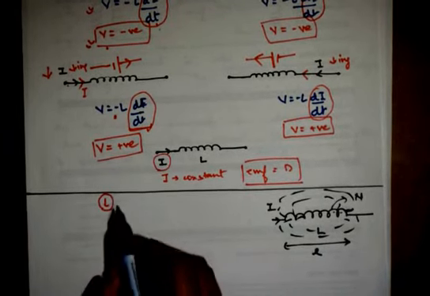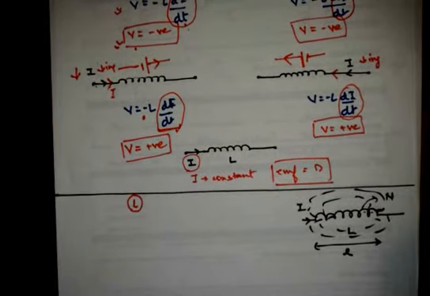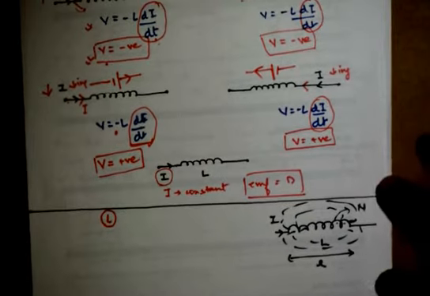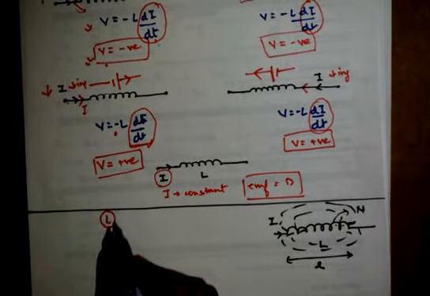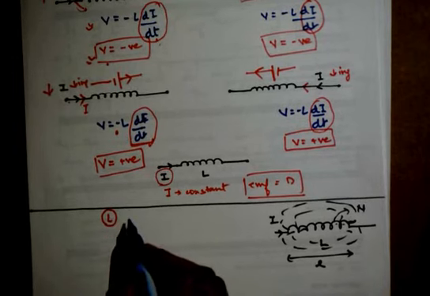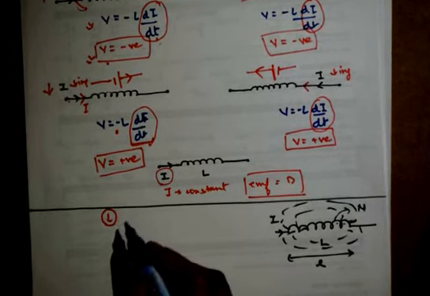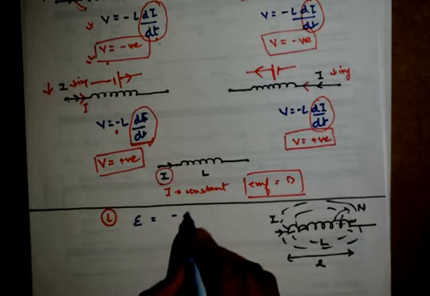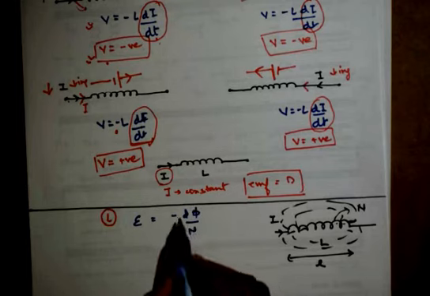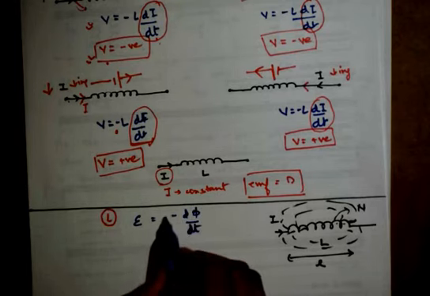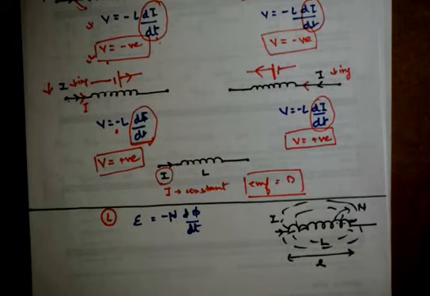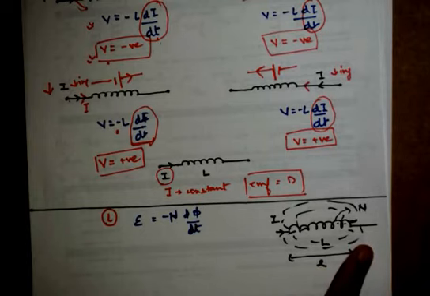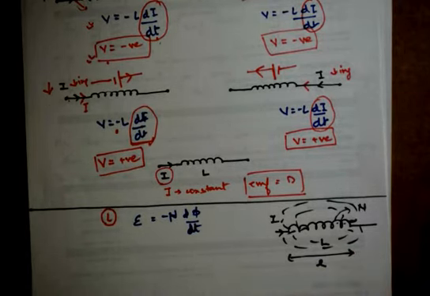Now according to Faraday's law, or according to the principle of self-inductance, we can say the induced EMF is equal to minus d phi by dt, minus N d phi by dt. Suppose L is the length of the coil and N the number of turns. The magnetic field through it can now be given by